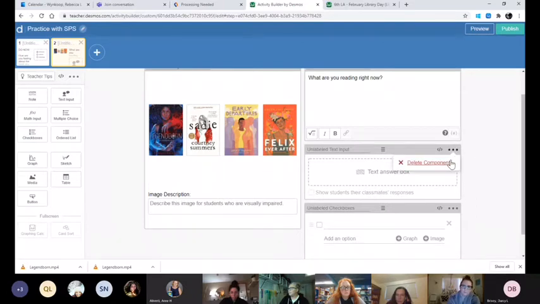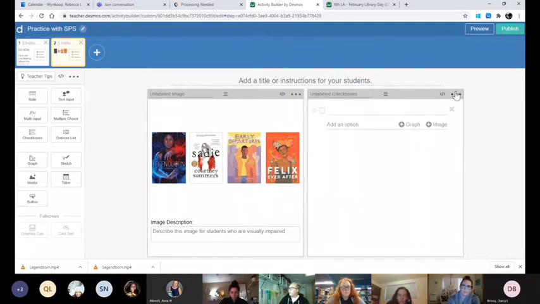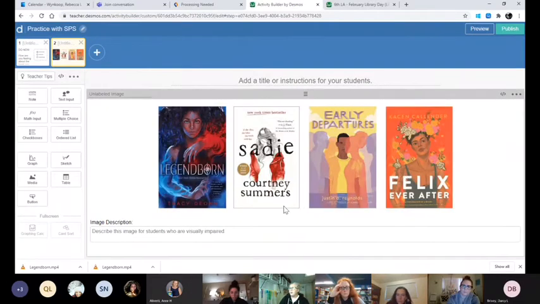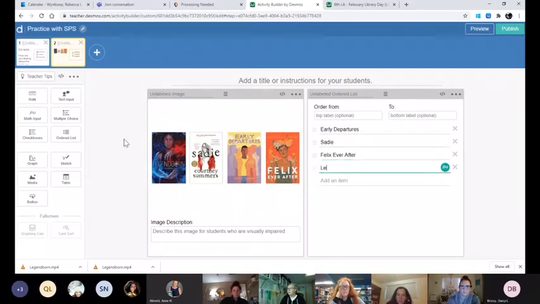I'm going to get rid of my text input. I'm going to get rid of my note and my checkboxes. And what I want to do is talk about the ordered list, right? So then I'm going to add the ordered list. I might want to make sure I don't type them in the same order in which they actually appear, if that's part of the work you're doing. So if I type in early departures, and I type in Sadie and Felix after,